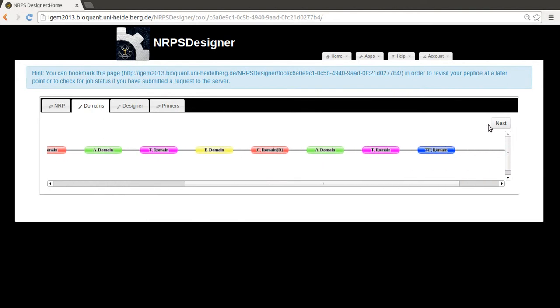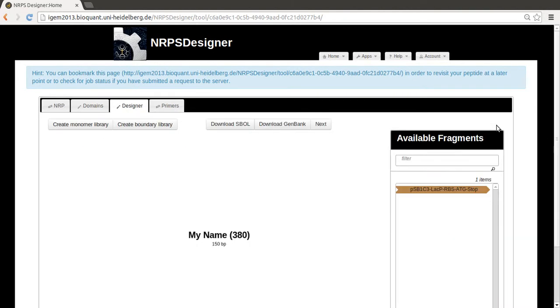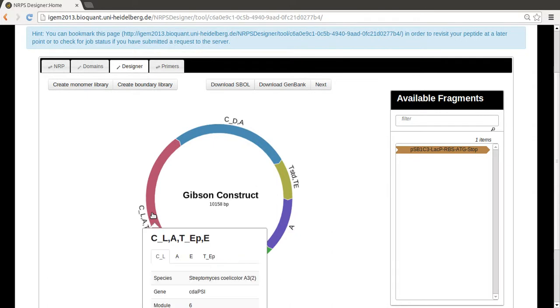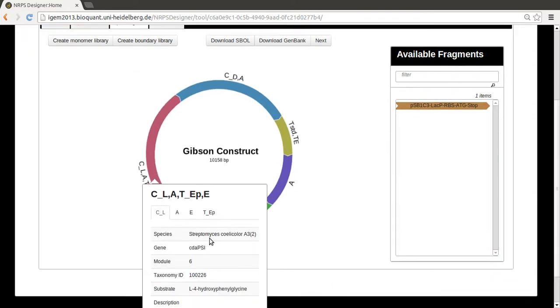Then we move to the next layer of biological hierarchy, to the actual DNA and the fragments that have to be assembled in order to get a functional synthetase. The 5 fragments shown here would have to be amplified, for example by PCR, and then assembled together. For example, let's look at this longer fragment. This is coded by this Streptomyces species,